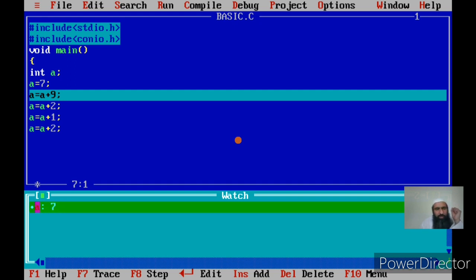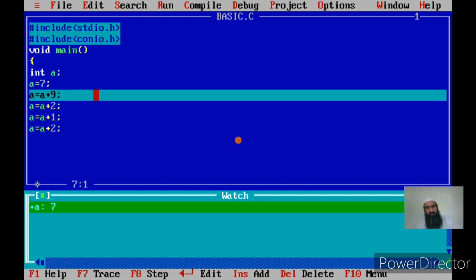By using this, you can watch all the variables of your program and you can see the changes that are happening in those variables, and you can understand whether your programming logic is right or not, whether you are arriving at the proper outputs or not. This will also show you the control flow of the program, that is how the statements are being executed. Now initially the first statement was executed, now the second step is being executed, now the third step is being executed.